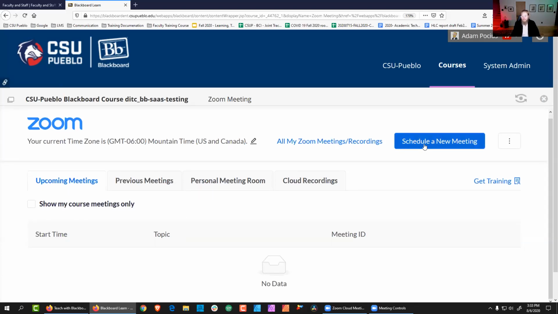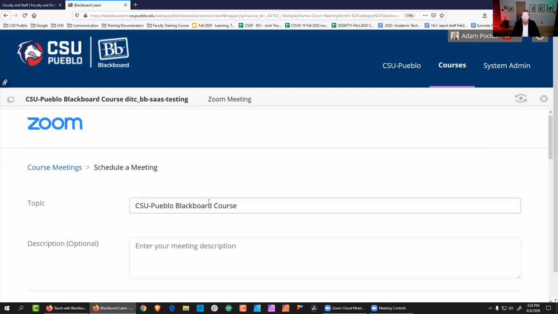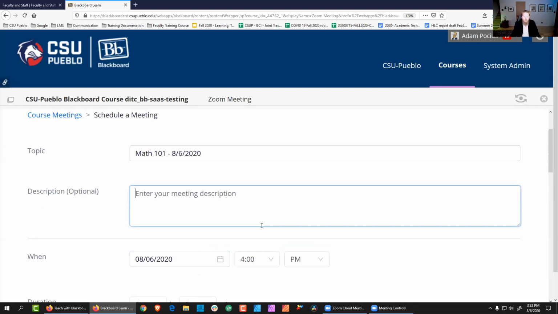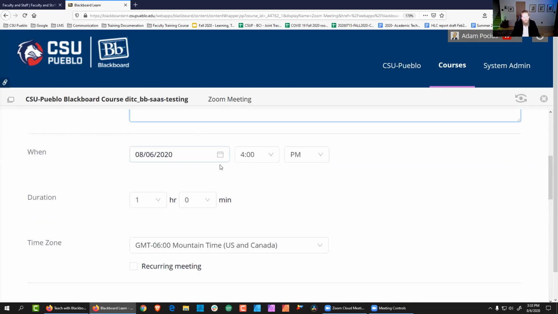So you'll click Schedule New Meeting. You're going to go through setting up your class. So in this particular course, you may put what your class is. Let's just say it's Math 101. I would suggest putting the date as well. 6 today, 2020. You don't really have to put a description, but you could identify the time that's going to start, the duration,